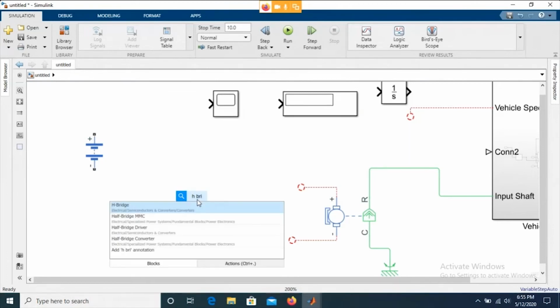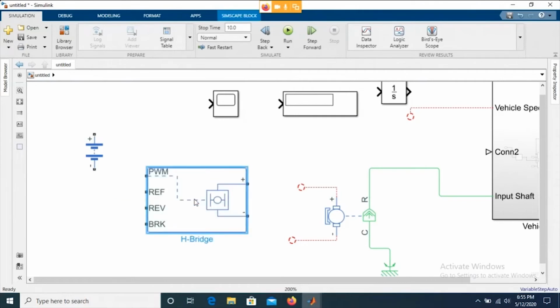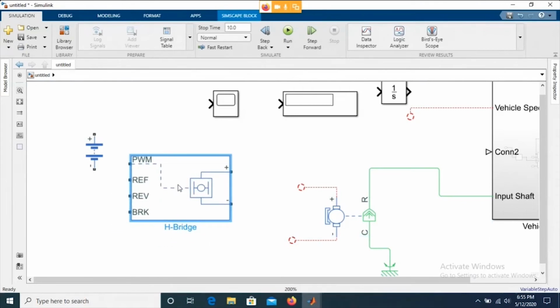So what is an H bridge? Let me give you an idea of what an H bridge is. Basically, in order to control the DC motor, we need a power converter. So this H bridge is a type of power converter. Now, for example, if somebody is using a real DC motor or an induction motor, they basically need to convert this 2-wire DC to a 3-wire AC system, right?